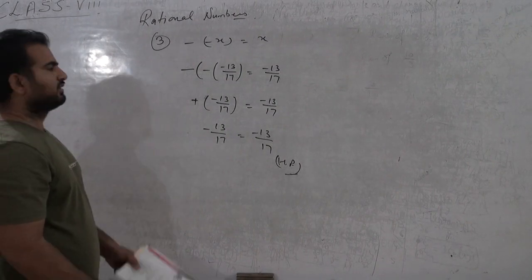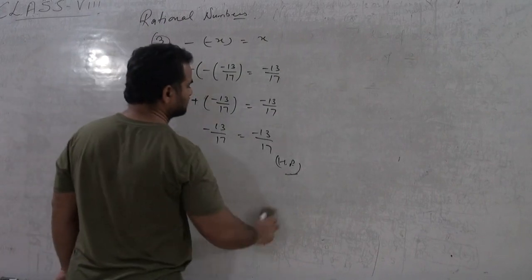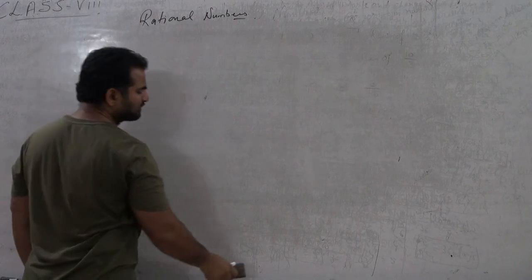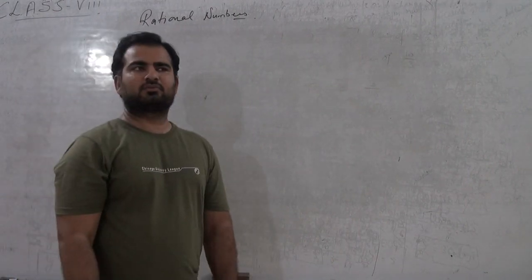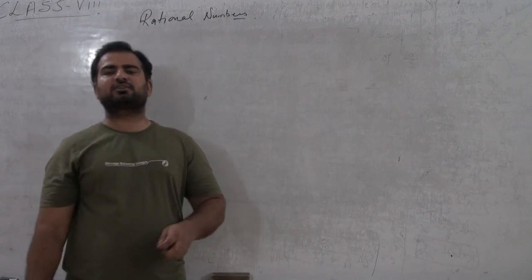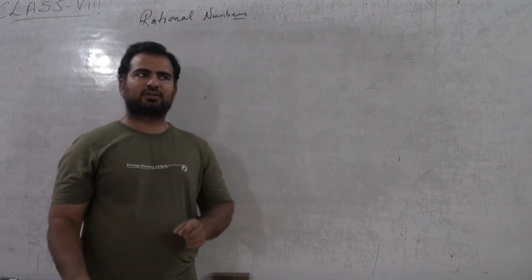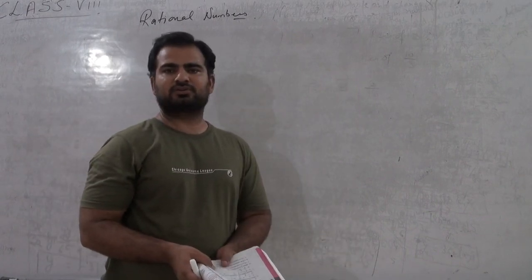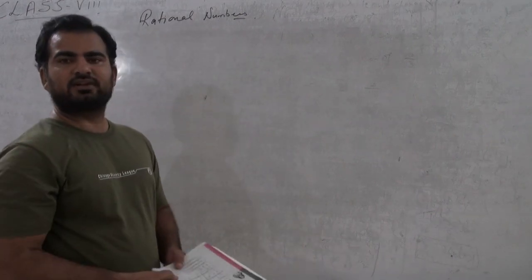Okay. Next question is find the multiplicative inverse. So what do you mean by multiplicative inverse? In general terms we can say that it is a reciprocal of the given number. But what is multiplicative inverse? By what number the given number will be multiplied so that it becomes 1. Okay. That is, what should be multiplied by 2 so that it becomes 1. So it will be 1 by 2. What we have to do is just multiply it by its reciprocal.